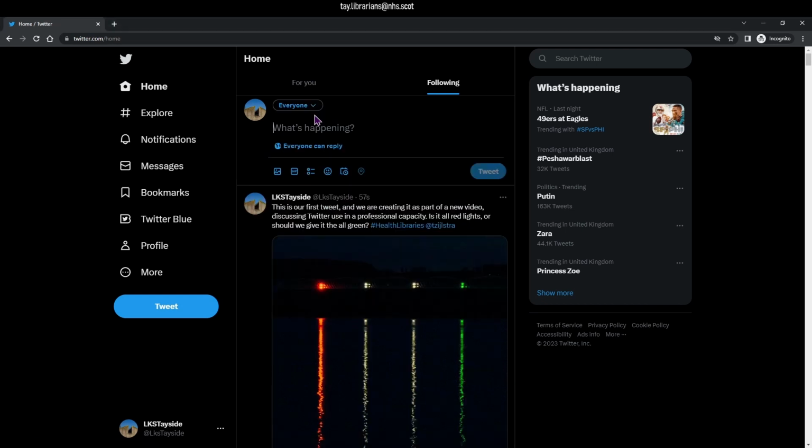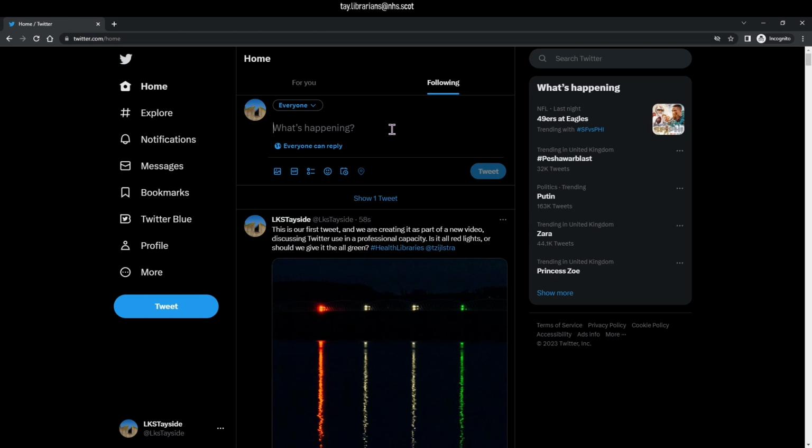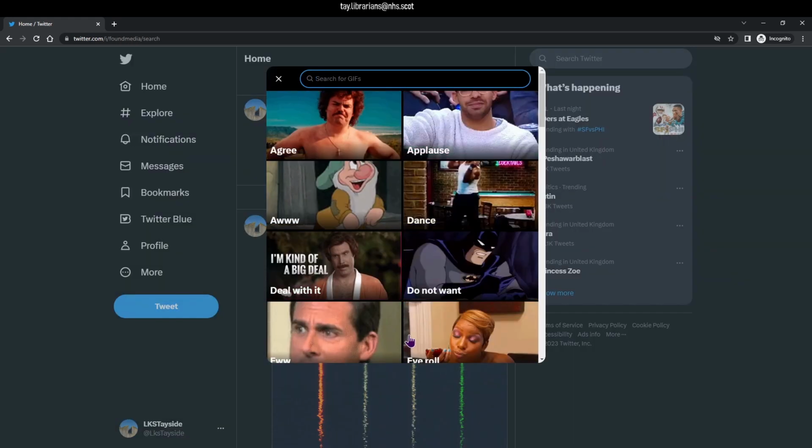So let's put out another tweet that we're not actually going to tweet, but we are going to discuss some other options. The location only works when you are on your phone, I believe, so it gives a GPS location. But what we could also do is send out a GIF or GIF. It's a graphical interface file, so it must be a GIF. If people say it's a GIF, they're wrong. But these are just quick, funny reactions.